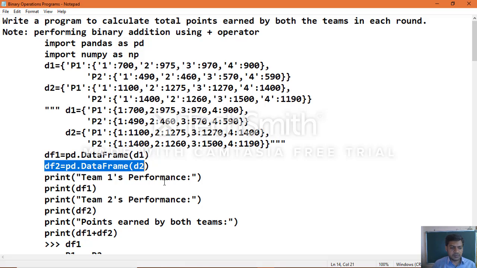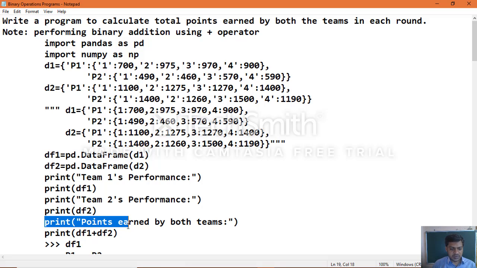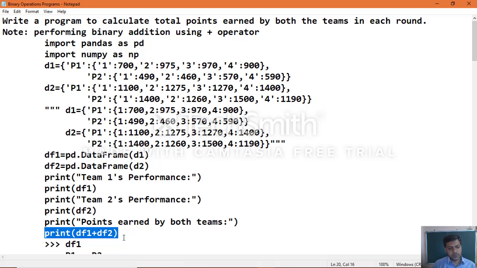Team 1's performance is data frame object 1, and team 2 performance is data frame object 2, which we are printing, the data which was stored in the data frame object. Then points earned by both the teams you can calculate by using the plus operator, that is object 1 plus object 2.